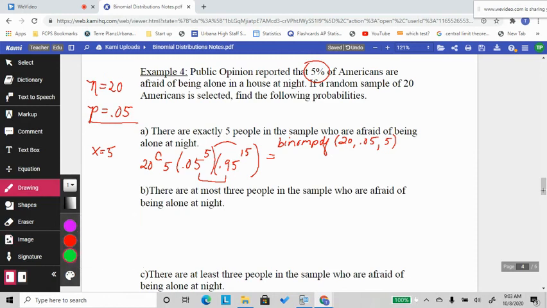What are you required to show? You are required to show this every single time and the answer. I am only writing this calculator function down for you so that you have it on your notes. So I go to Binom Pdf,